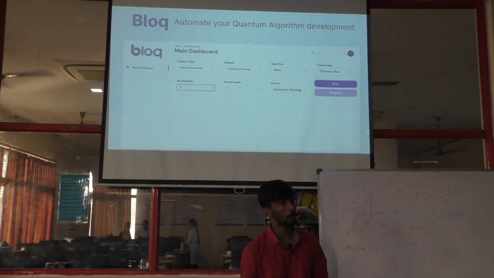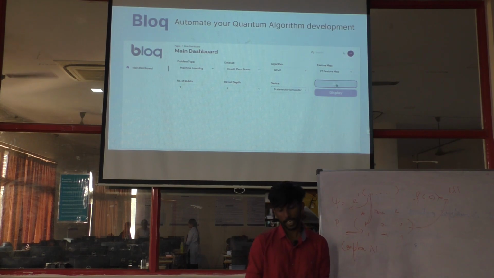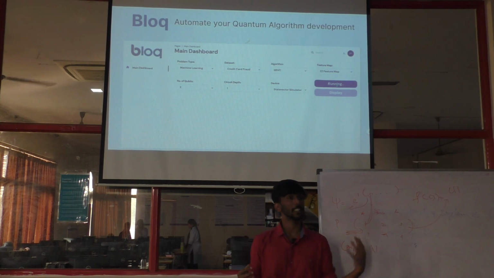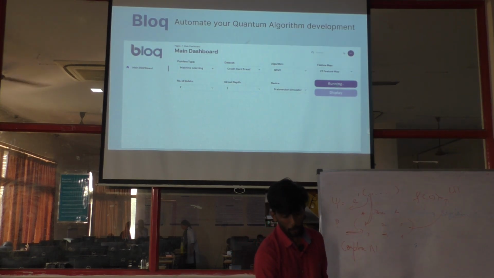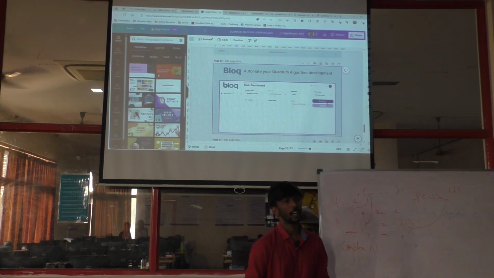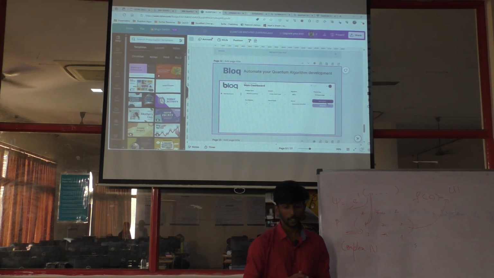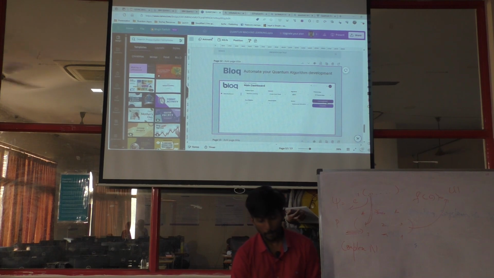You can also change the qubit. So it essentially tries to bring this complex and complicated procedure into a much easier to understand way. So it's a humble effort to do this.